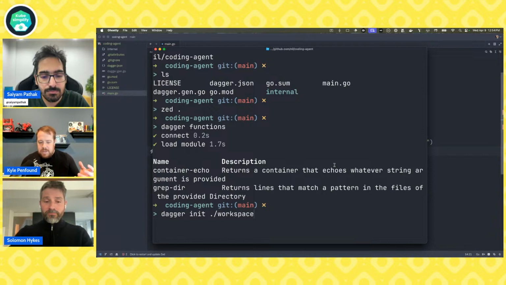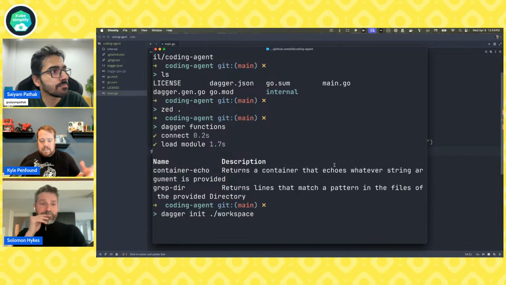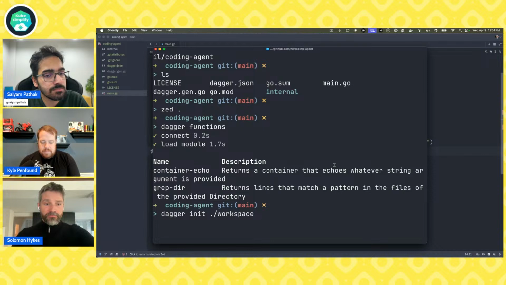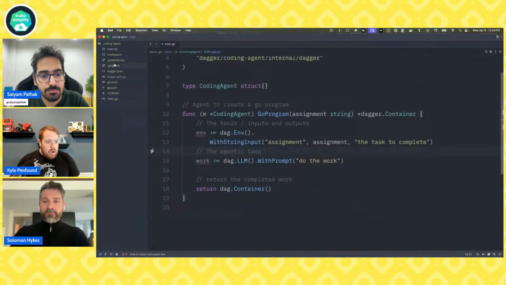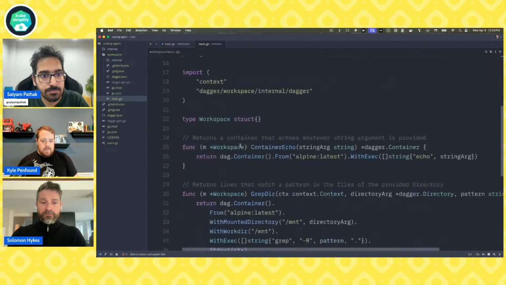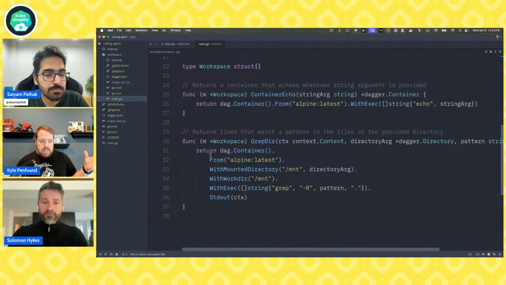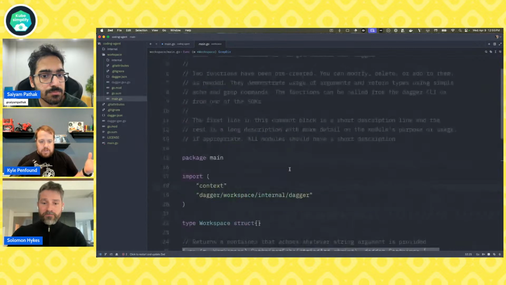So our workspace is going to be our module with our tools in it for actually developing the code. This could be expanded to lots of other use cases, but we're just going to call it workspace. We could call it foo if we wanted to; it doesn't matter what you call it. And again, I'm going to work in Go, so I'm going to say SDK is Go. And so we run this, and now over in our editor, there's a new directory called workspace. And once again, we have this generated thing that is a brand new module, right?